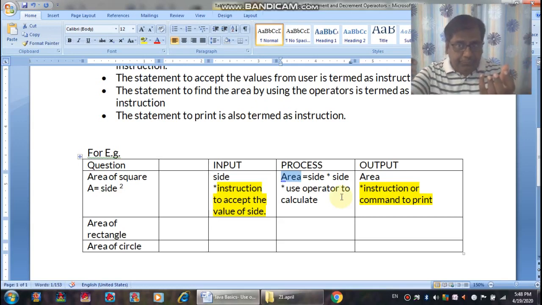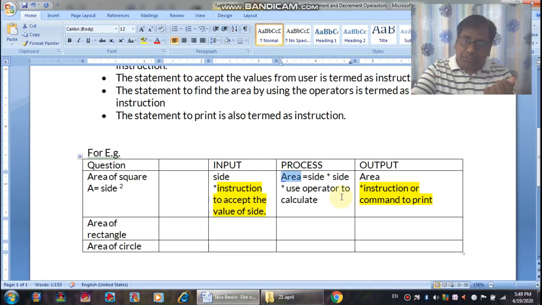Any value requires a memory space to store. So to store the value of side, we need a variable. To store the result, we need another variable. So one variable is side and the second variable is area.